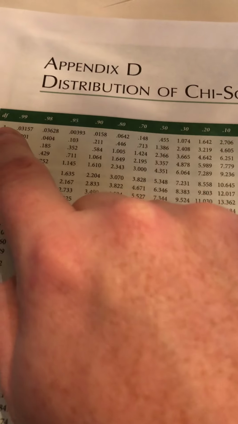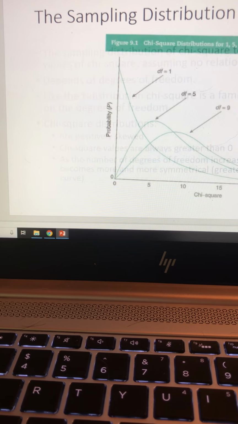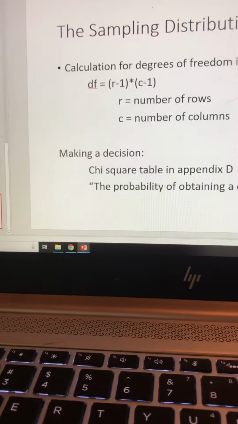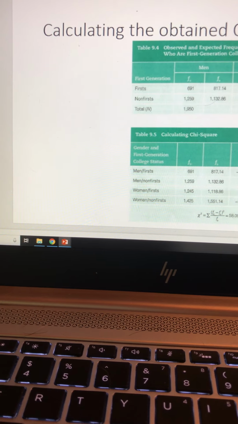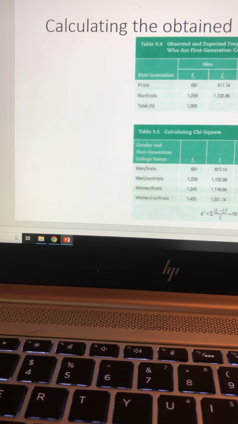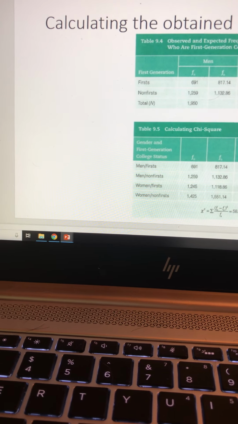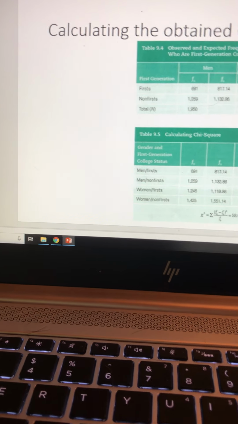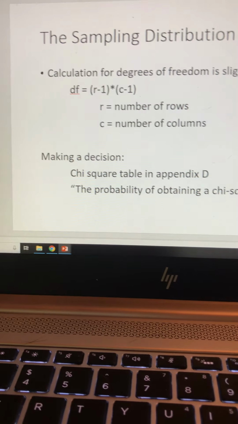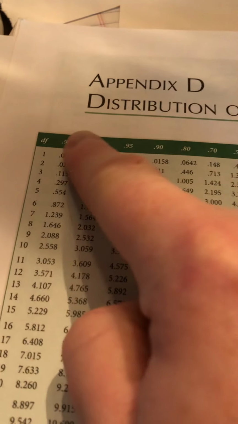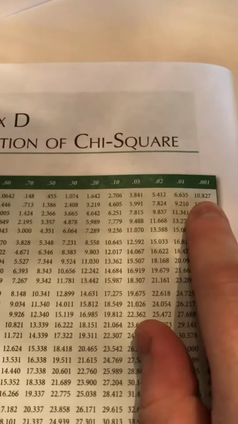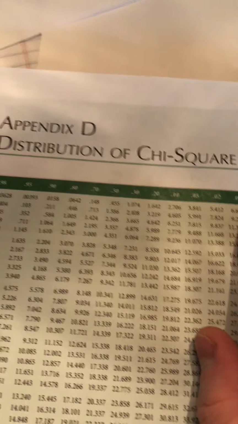we go to our chi-squared table in the back. Remember, the degrees of freedom calculation is a little bit different. Let me show you that. It's just the rows minus 1 times the columns minus 1, and these are the attributes. In our case, our two variables were sex, with attributes men and women, and generation of college student, first and non-first. So they each have two attributes. We do 2 minus 1 times 2 minus 1, which gives you 1. So we've got a degree of freedom of 1, and you can see that even if we go up to a confidence level of